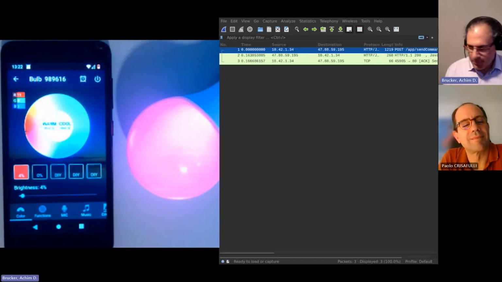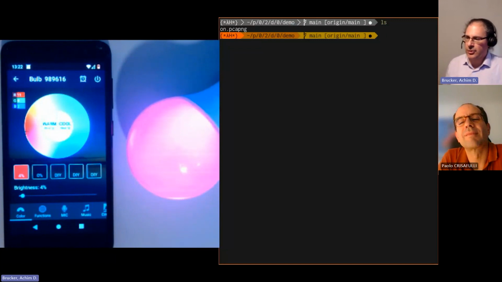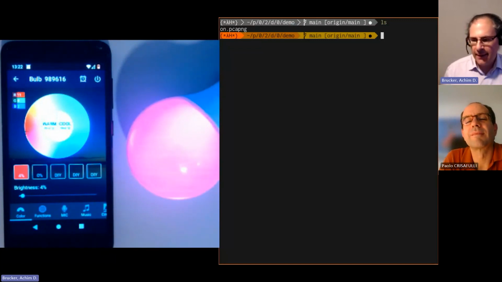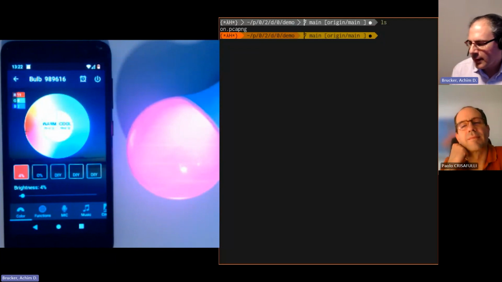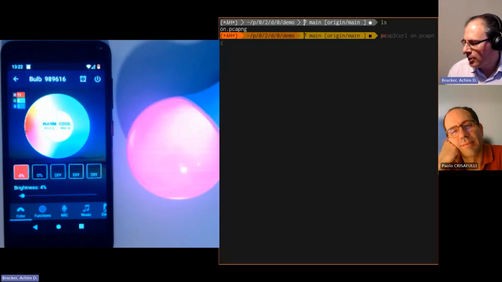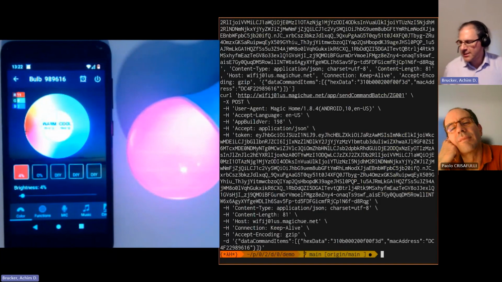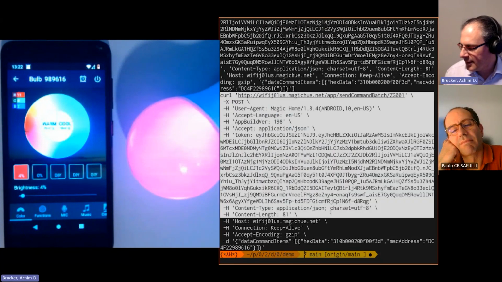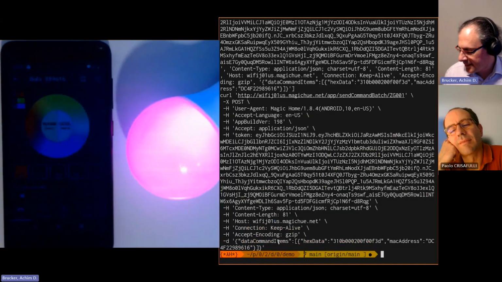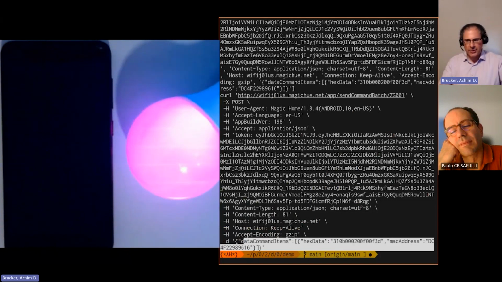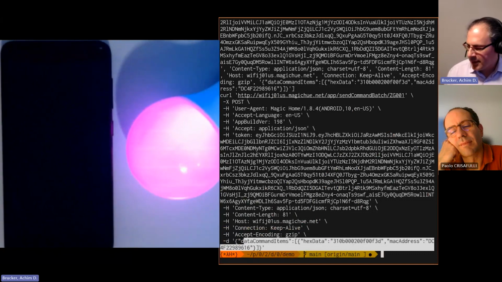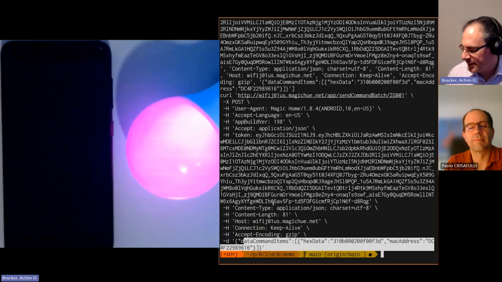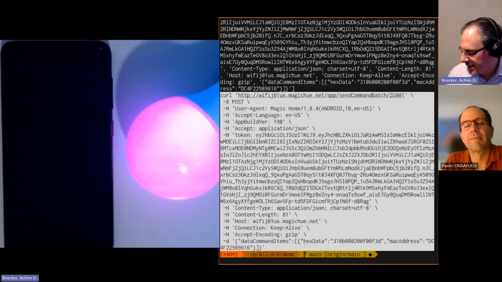Now I'm swapping screens here, to show you my terminal. So this pcapng file, that's the saved network traffic. It's saved in a standardized format that those network capturing tools use. I've written a small Python script that converts that data into essentially a command for the command line tool curl that contains the JSON data that encodes, so we can see that here, essentially that encodes the command for switch on that light bulb, plus which server to connect to, the current token being used in that session and the like. And I now can just copy and paste that